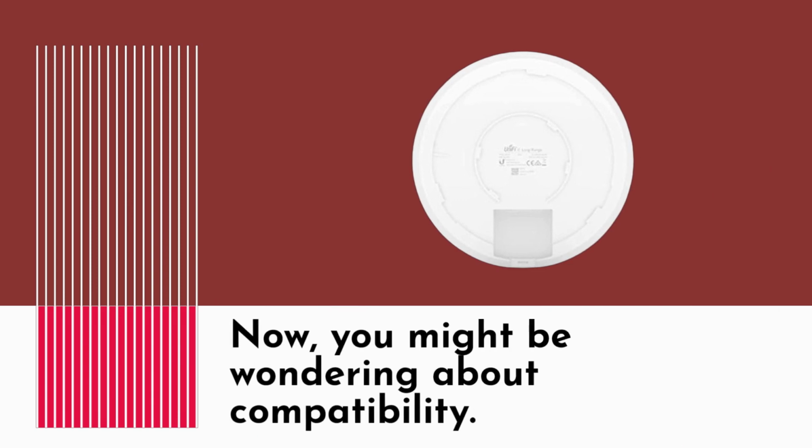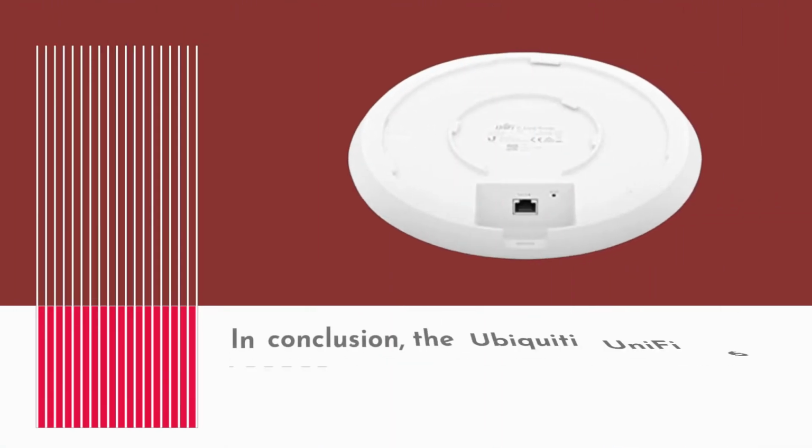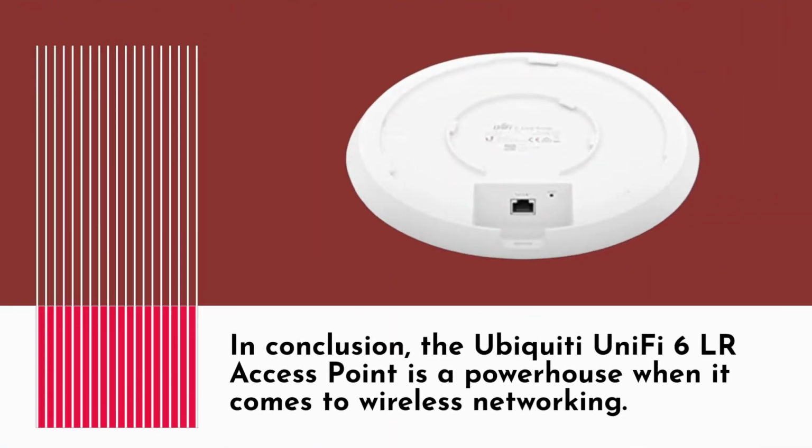Now, you might be wondering about compatibility. While this product is designed for use in the US, it can easily be adapted for international use with the right adapter or converter. In conclusion, the Ubiquiti UniFi 6 LR access point is a powerhouse when it comes to